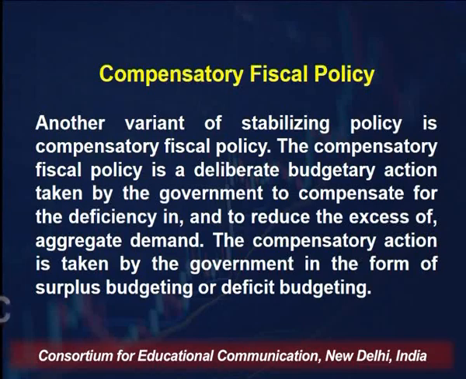In this kind of fiscal policy, the government uses a greater degree of discretion than in automatic stabilization policy, and compensatory fiscal policy can be revised from time to time as per the need of the country. Besides, the policy of surplus budgeting is adopted when the government is required to control inflation, and the policy of deficit budgeting is adopted when the objective is to control deflation in the economy. So, the policy of deficit budgeting is adopted to fight depression in the economy.